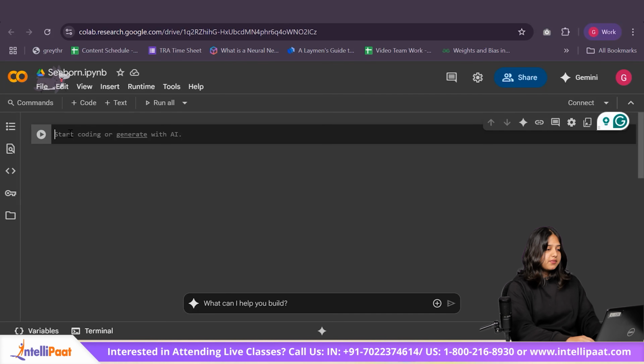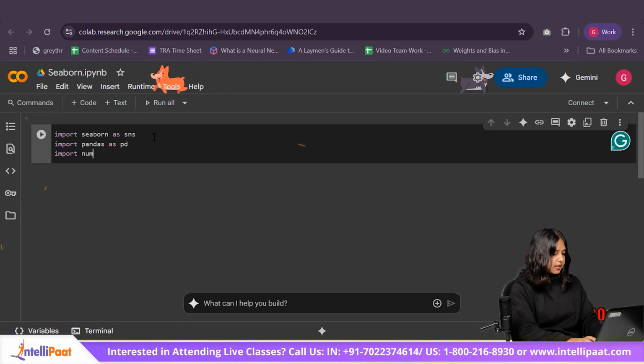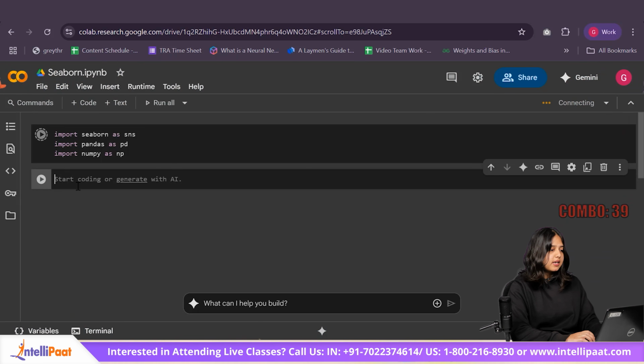Alright, so the very first thing that we have also seen with our previous libraries, we have to install them using the pip command. So all you have to do is say pip install seaborn, and you have to run this particular command in any of your terminals, your command prompt, right? So once you have installed the library, all you have to do is import it. So you can say import seaborn, and I'm going to use an alias called sns because that's the common practice again. And along with Seaborn, I'm also going to import pandas as pd and numpy. So these are all the libraries that I will be using.